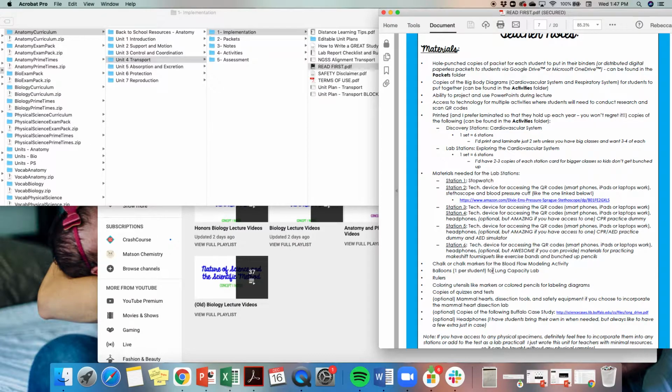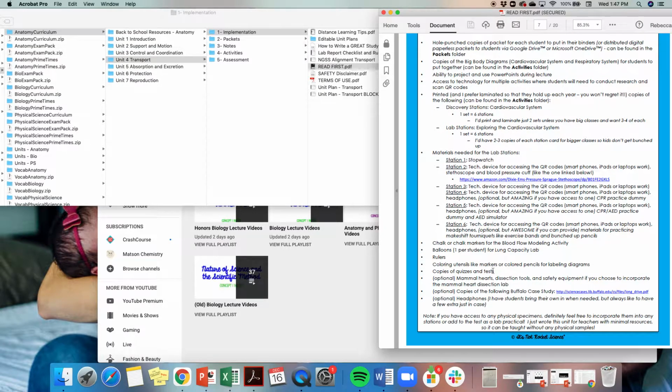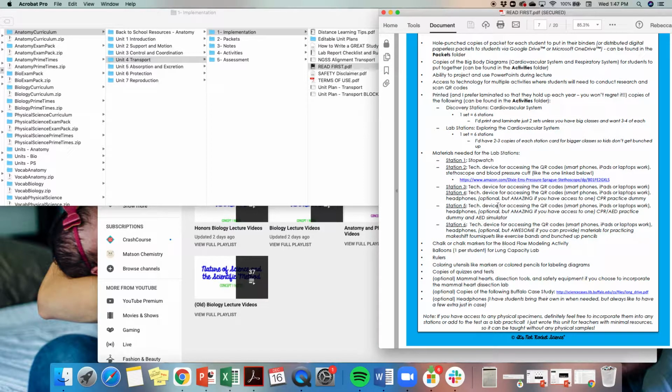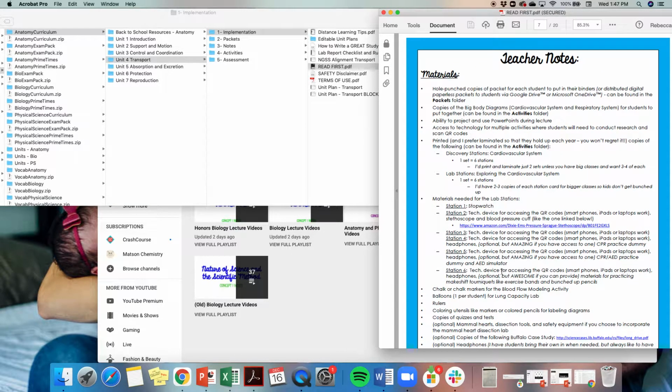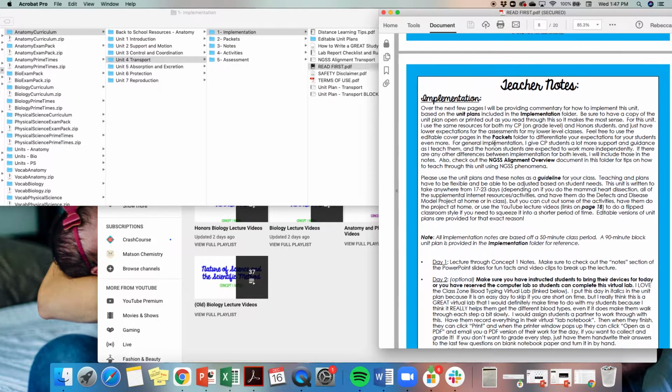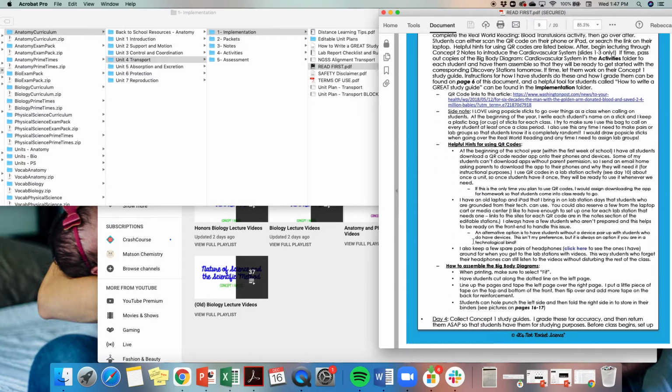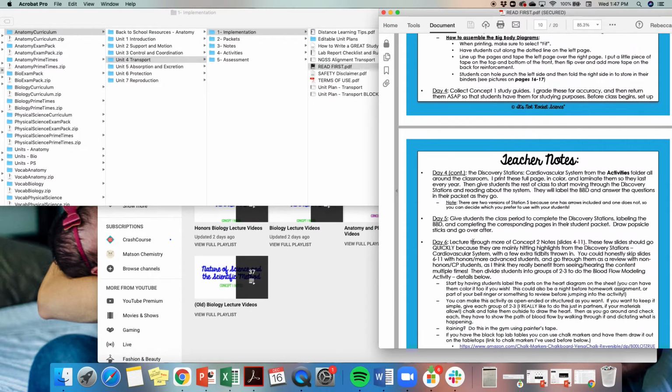I have a whole list of all the materials that you'll need, and I try to keep it as minimal as possible because my last teaching gig was at a school and I didn't have a science budget. So most of the things can be ordered on Amazon or gotten at Walmart. And then I have a list of the things you need to print and laminate to use year after year. Then I have day-to-day implementation notes where I walk you through every single day of the